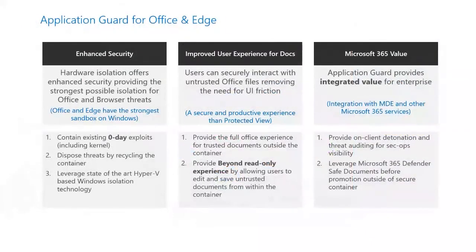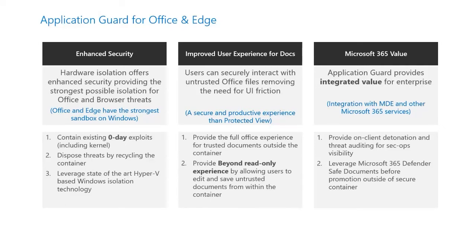So as you saw in the demo, the number one advantage of using AppGuard is that it gives you enhanced security without giving you a choice between productivity or security, right? The productivity comes built in because inside the Application Guard container, the user can do all the normal functions. It isolates any zero-day exploits